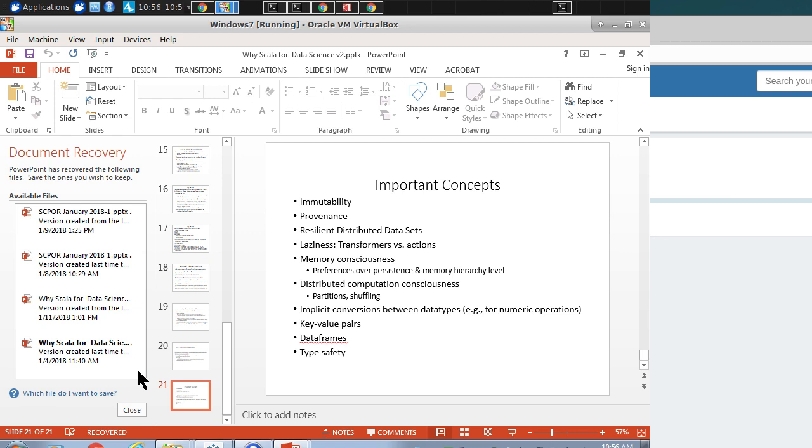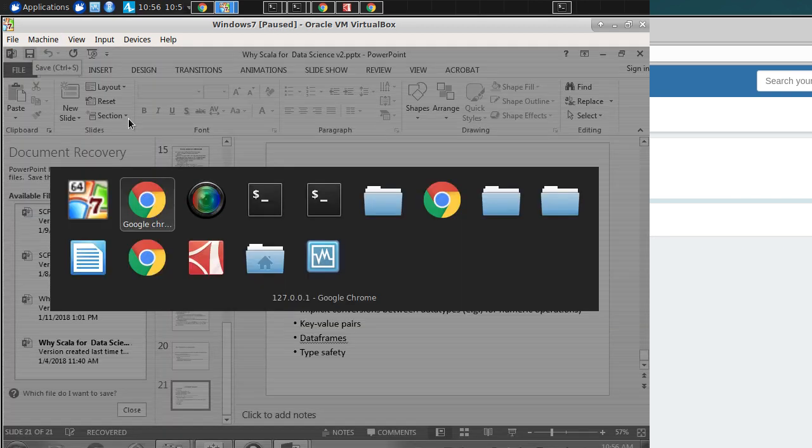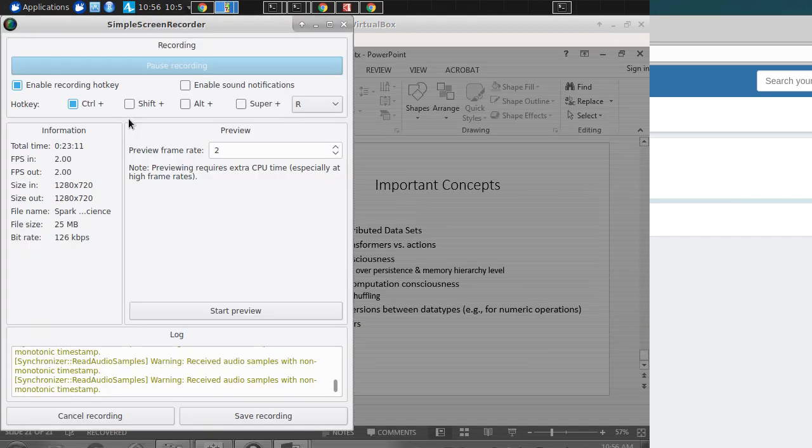Okay, so what I'd like to do now is to go into exercise 1, and I'd like to talk about the challenge that I offered and the solutions to those challenges. So what I'm going to do is I'm going to save